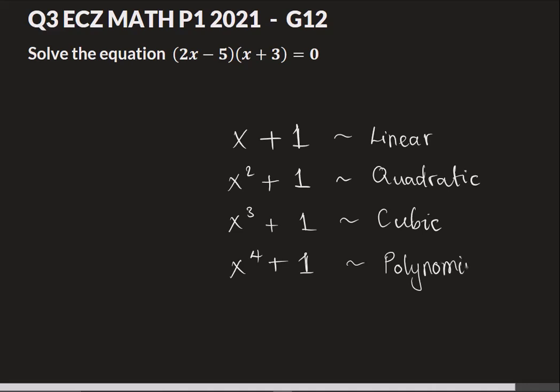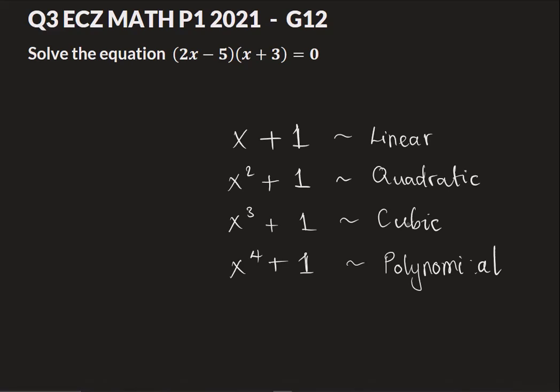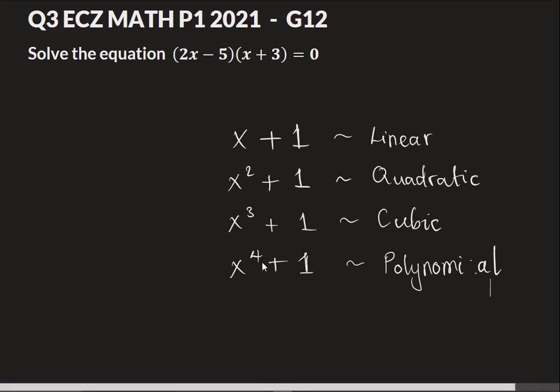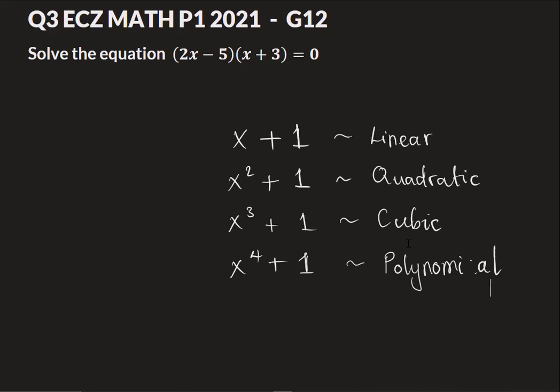But we can keep going with the special names. Cubic just means we have a 3 there. 4 also has a special name, but the most important thing you should remember are the first 3: linear, quadratic, and cubic. And then all those having a power of 4, power of 5, power of 6 can be generally referred to as